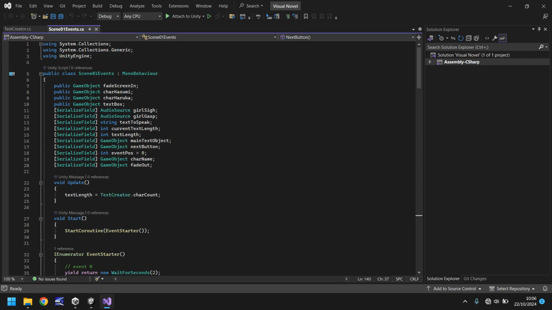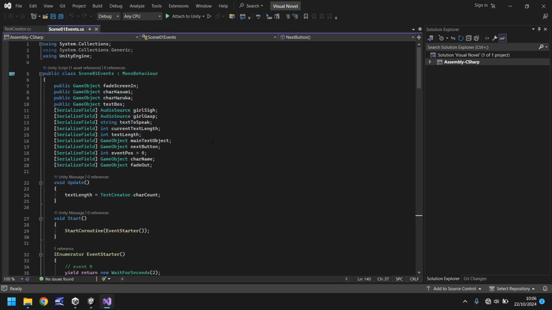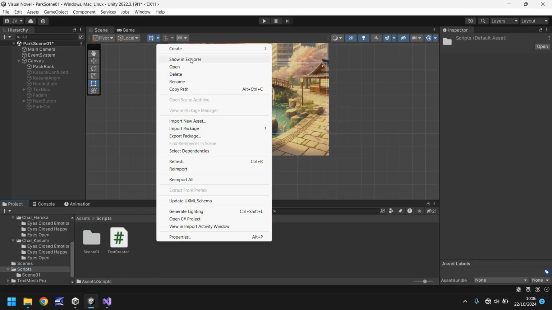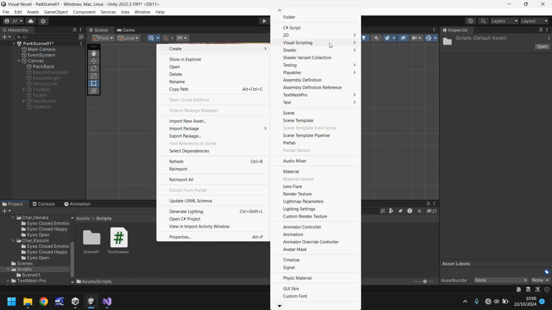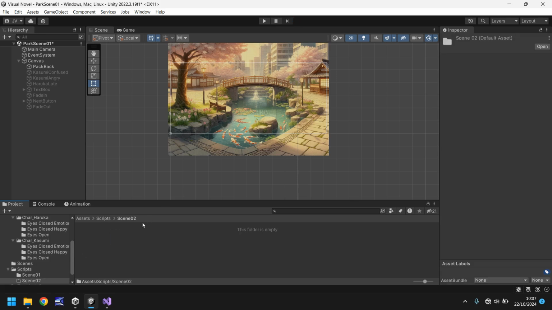A lot of these things are going to be exactly the same. So we're going to have a lot of these actual variables in the same script. But we're not going to copy and paste the script. We're going to create a new folder in the scripts folder, that is. So a new folder, we'll call it scene02. And inside here, let's name it the same. So let's have scene02 event. That's going to be the name of the script. So create a new script,